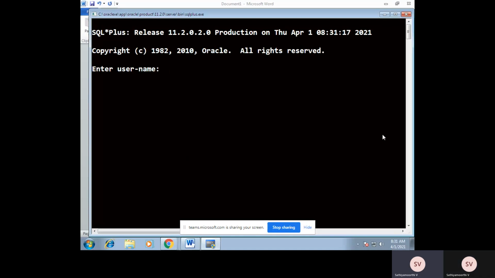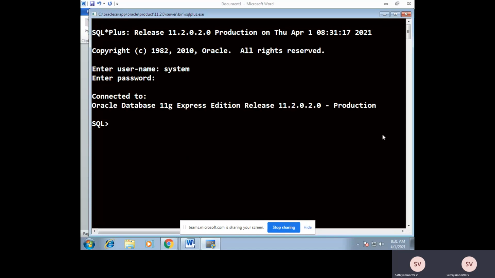Then connect to your database using a username and password. Here I am using the username system, the default username, and the password is manager. These username and password are given during installation. Once it is successfully connected, you will get a prompt like this, SQL.